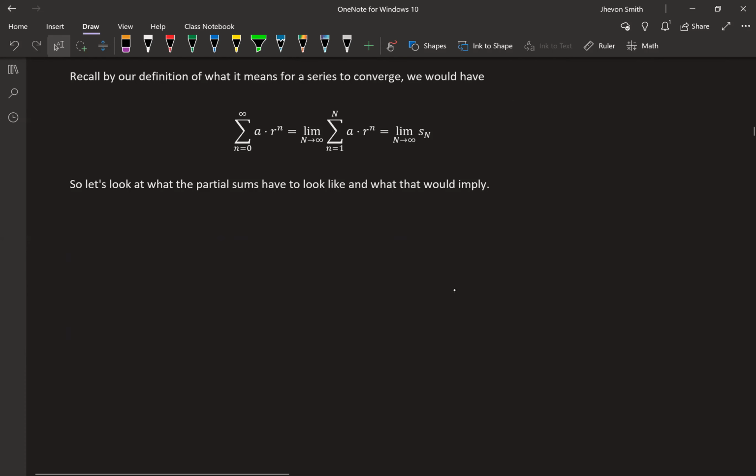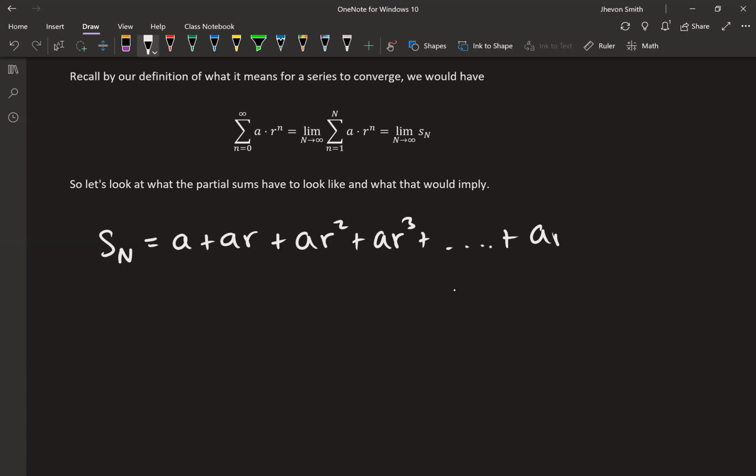So this means I'm going to look at the partial sums of a geometric series. Add up the first n terms of a geometric series. That means I'm going to add a plus ar plus ar squared plus ar cubed plus ar to the n. And I mean, technically this is n plus 1, but you get it, it's the same. Here, notice that you're going to tweak it a little bit, so it's not quite the same thing, but it's very similar. If you multiply this by r,